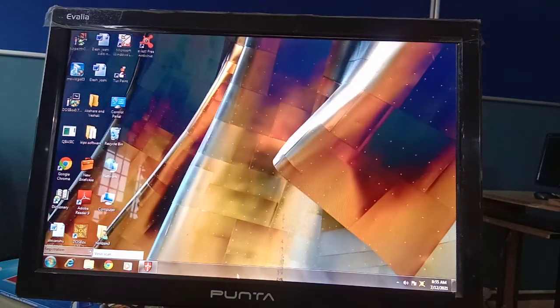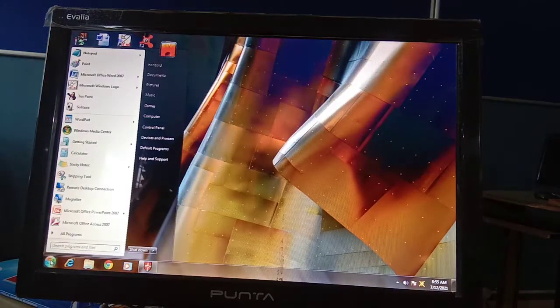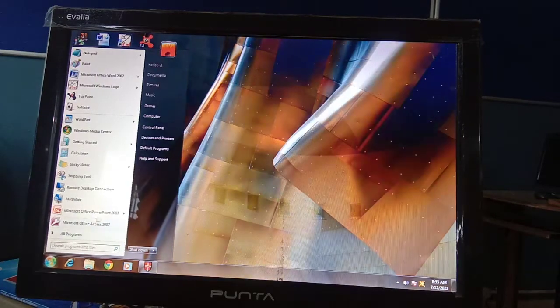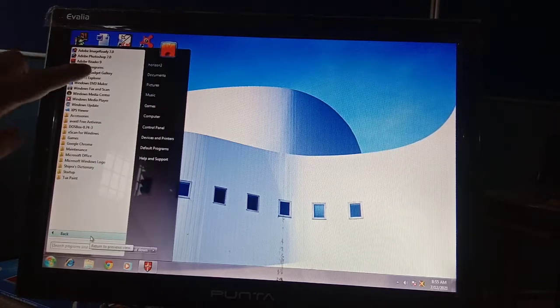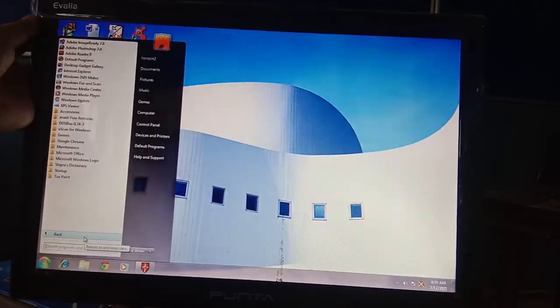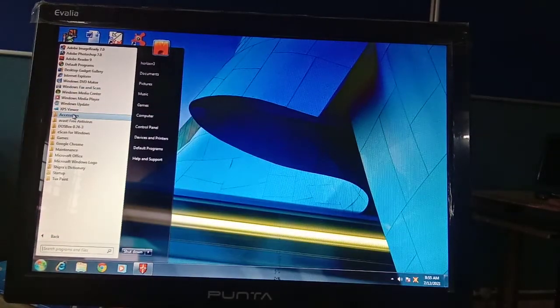So student, how to open Microsoft Paint? For this, on your desktop you need to click on the Start menu. As you click on the Start menu, you need to click on All Programs. As you click on All Programs, this type of menu will appear, and here you need to click on the Accessories option.